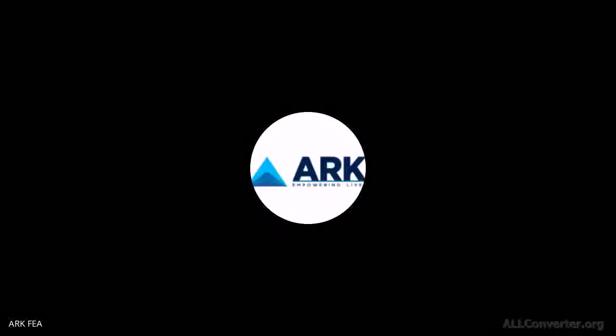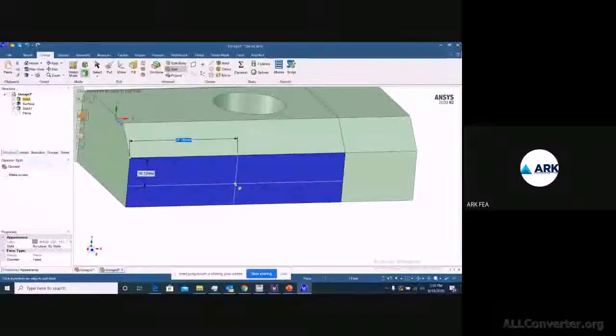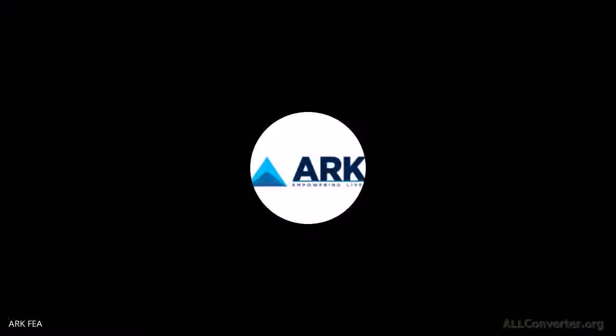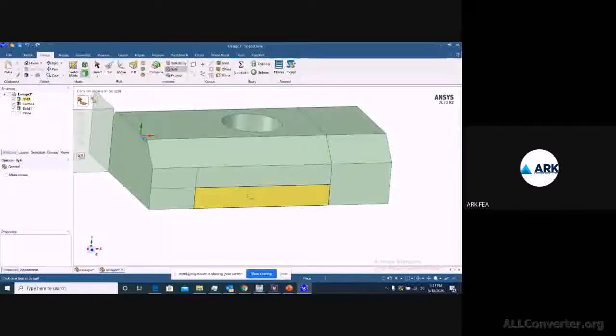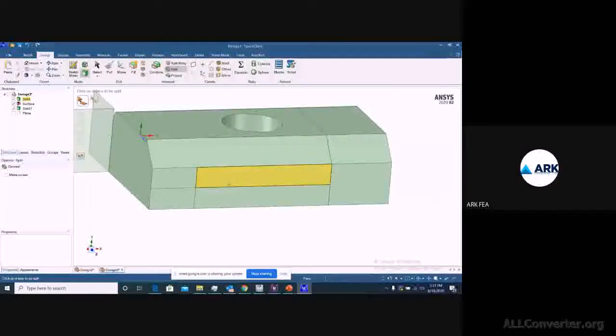So you can see the ruler here where you can adjust it as per your requirement, right? This is how we'll try to split, and you can also remove unnecessary edges whichever exist here.